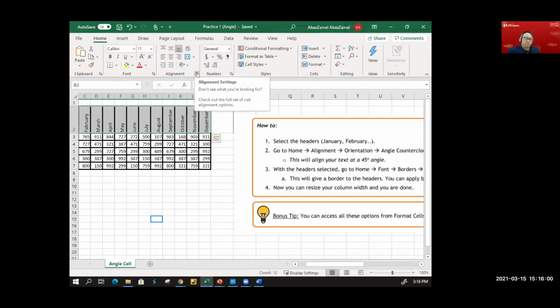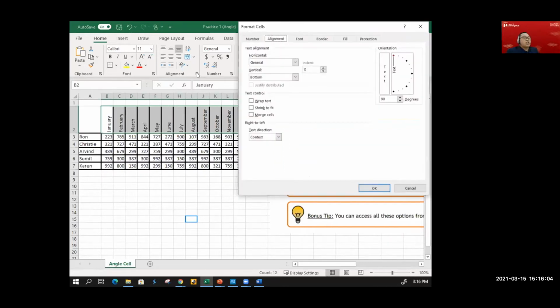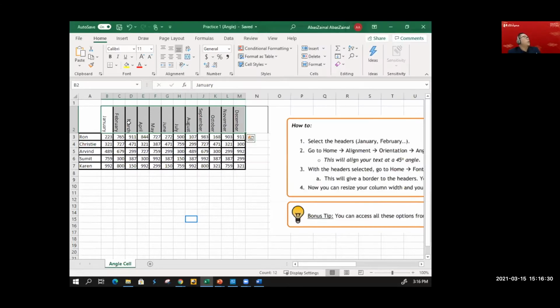Thank you, Alan. So once there, you click on alignment, but make sure before you click alignment, select the cell that you wish to make changes. So far, so good? Right? Once in here, what you are doing is aligning the text according to the angle. You can even flip it over to point it in a downward pointing direction. So in here, once you click OK, you notice the words now being flipped the opposite direction.